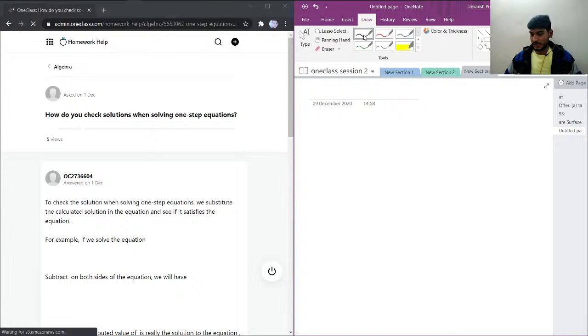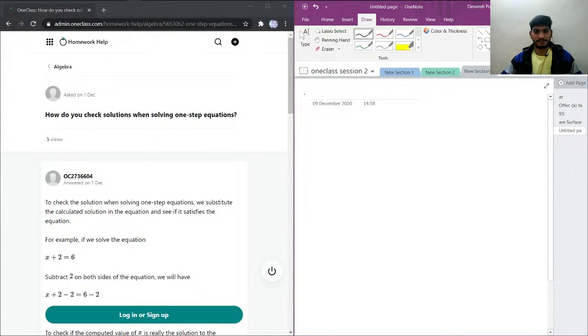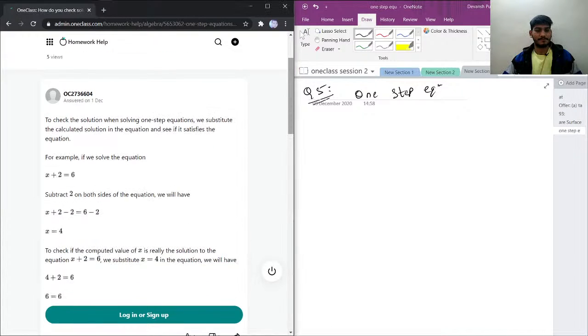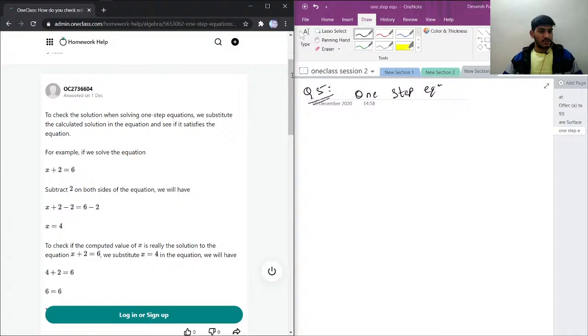We have question number 5. How do you check solutions when solving one-step equations? Let's see the solution given by Junior Tutor. To check the solution when solving a one-step equation, we substitute the calculated solution in the equation and see if it satisfies the equation. For example, if we solve the equation x plus 2 equals 6,